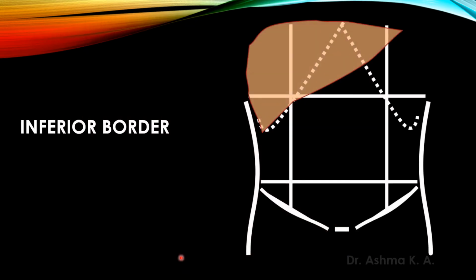The inferior margin is at the level of tip of 9th costal cartilage on the right side and tip of 8th costal cartilage on the left side. On the right side, at the level of tip of 9th costal cartilage, we have the cystic notch where we have the fundus of the gallbladder. This is why Murphy's point is situated at the tip of right 9th costal cartilage where we have maximum tenderness in case of inflammation of the gallbladder.